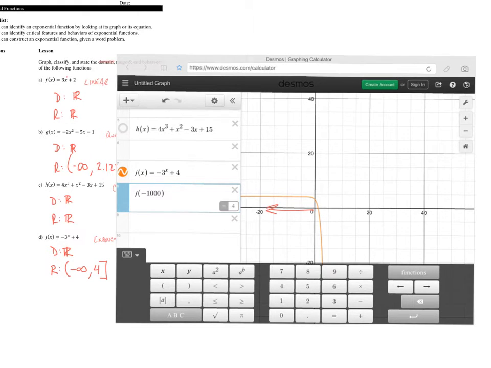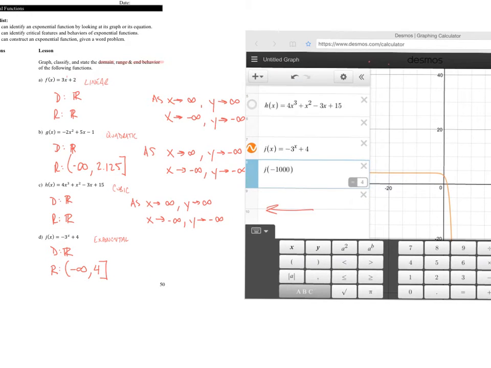So the last thing we have to talk about is end behavior. The end behavior of this function is pretty easy to see once you have your domain and range sitting there, but as x approaches infinity, we talked about how there is no limit to the domain, but it's moving downwards as we do that, right? So as we go this direction, it goes downwards. So as x approaches infinity, y approaches negative infinity, and as x approaches negative infinity, well, as we go this way,